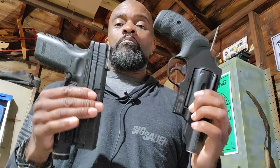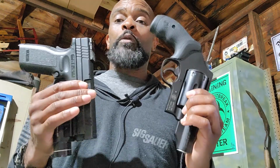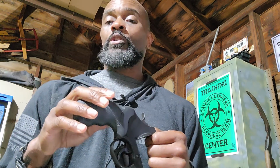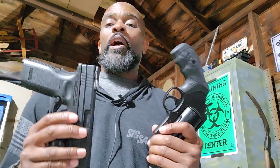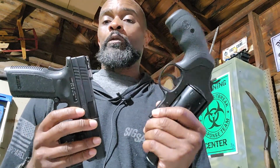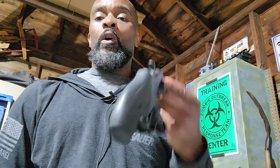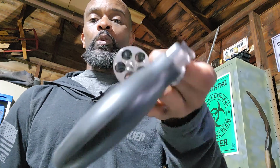As I stated earlier, this revolver and this semi-auto, they're both chambered to shoot the same caliber. This actually is a multi-caliber revolver. It is actually chambered to shoot .45 ACP, .45 Colt, and then also 410 gauge shot shell. The primary difference between semi-autos and revolvers is, traditionally speaking, most revolvers that are out on the market today are either 6-round or 5-round. They do make revolvers that hold 8, some hold 12, but again, the number of chambers in a